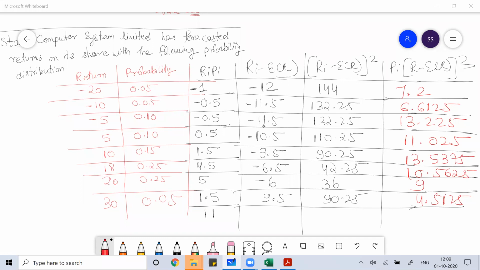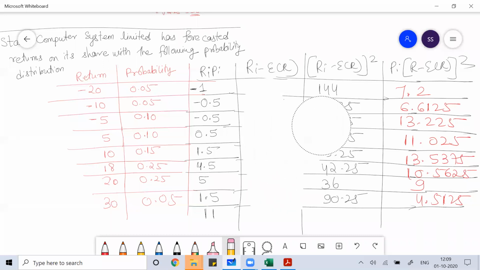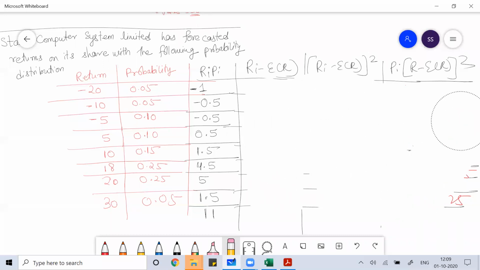Okay. So return minus, yeah, no, I put one mistake here. What I was subtracting with. Okay. So